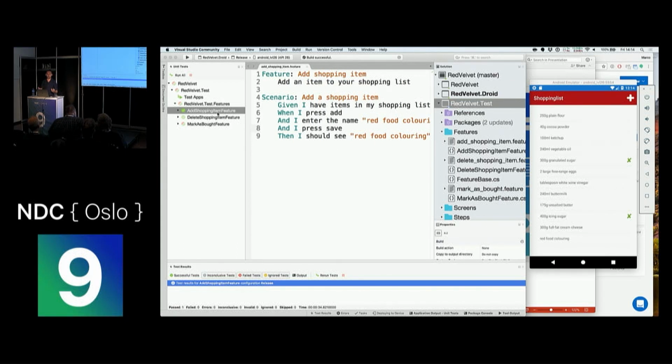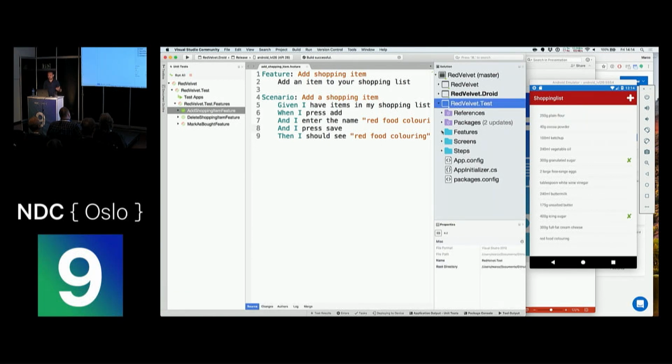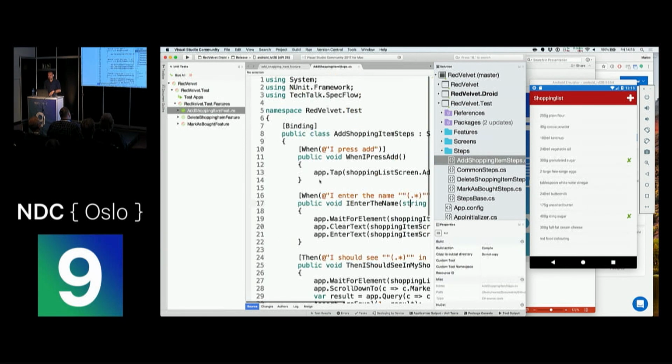And that's pretty awesome, right? I mean, we have some documentation. This is our documentation. It's the product owner that understands this documentation, but we can also automate it. And that's pretty awesome, if you ask me. One of the things that's behind this is that we now executed this feature, and we have certain steps that make this possible. And over here, I should enlarge this a little bit.